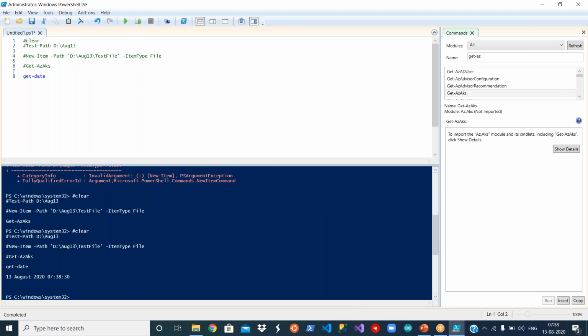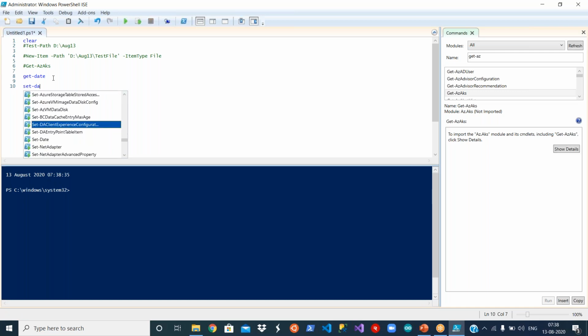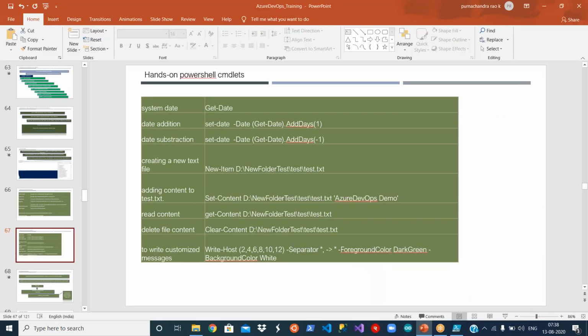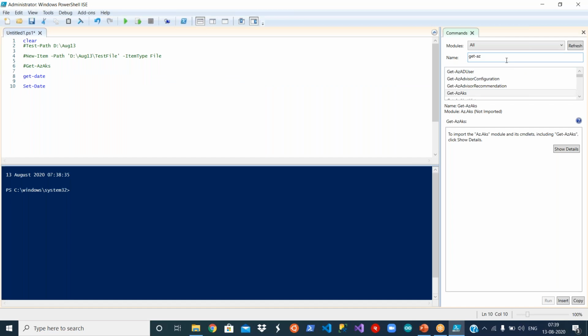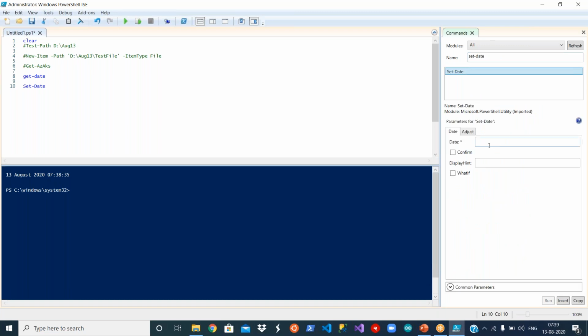You can see the date that has come. Let's clear it. Now you see 13th August. You can use this, and you can set the dates as well. Use all these things in your day-to-day scripting. Let us say Set-Date, space. How do you set these dates? I don't remember the syntax, and I don't like to remember it either. You have a hell of a lot of things here. Another option for you is to come here and search for this, Set-Date. You will get this, then you can give some date here, execute this, and you will get the syntax here.